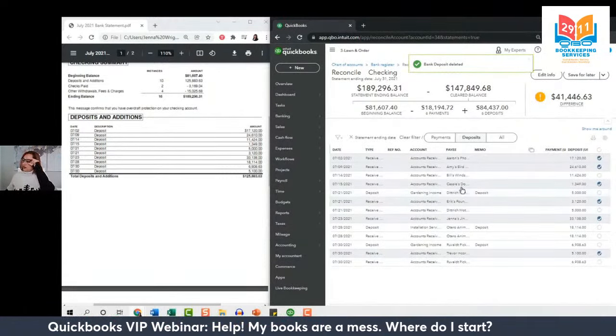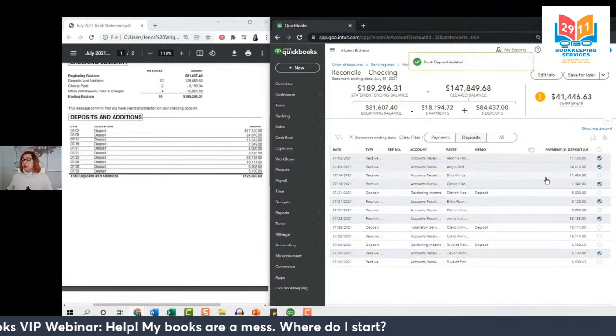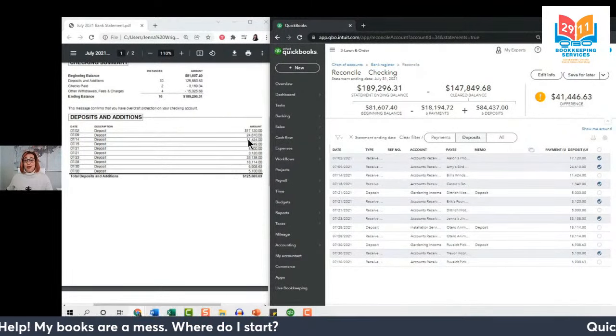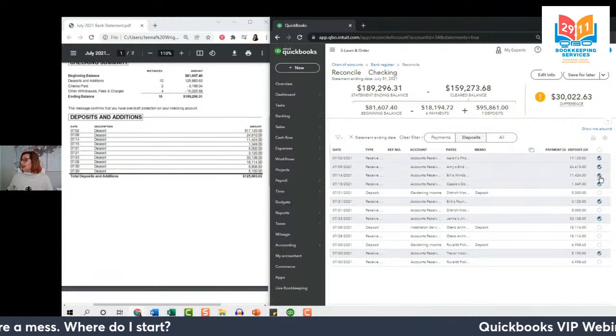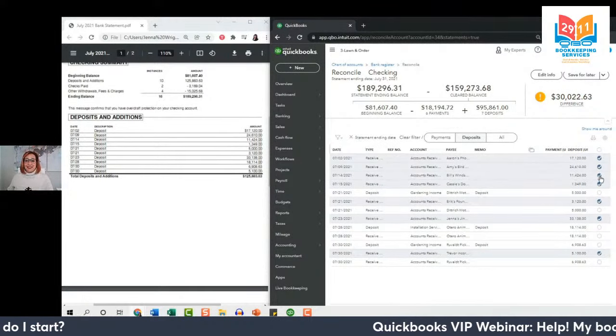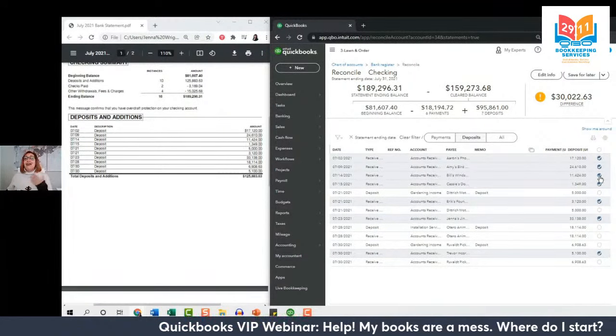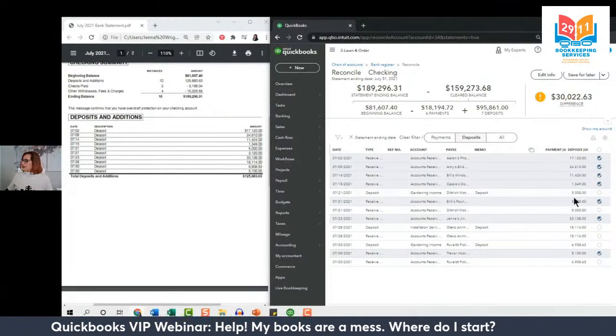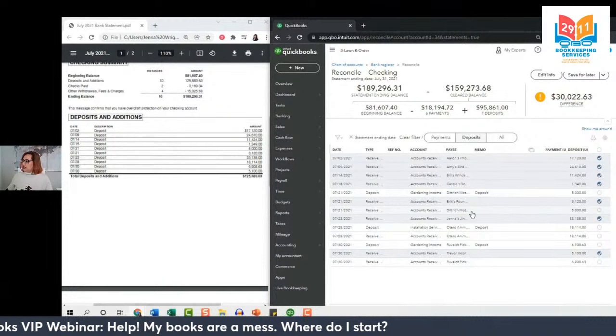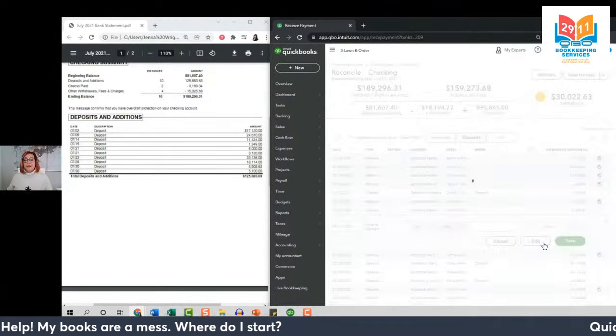So now this transaction on the 14th only appears once in QuickBooks, just like on the statement. We can go ahead and click to reconcile it. Perfect. Now I have a feeling it's going to be the same story with the other transactions, but let's dive in and make sure. So next one is this $5,000 transaction. Let's click and edit it.